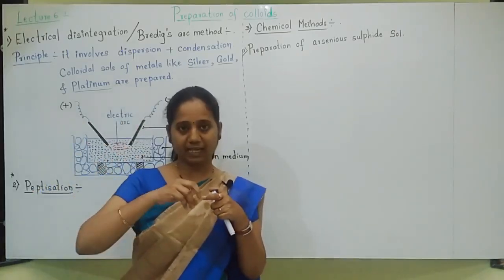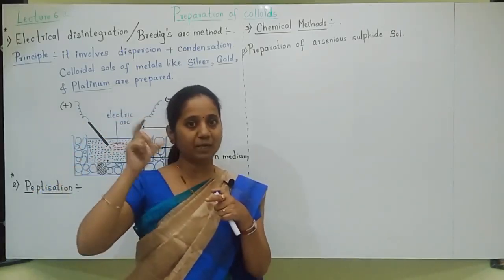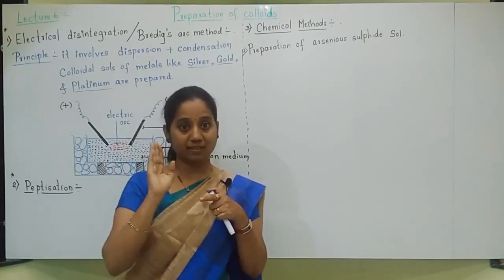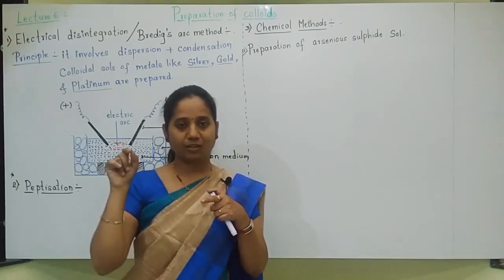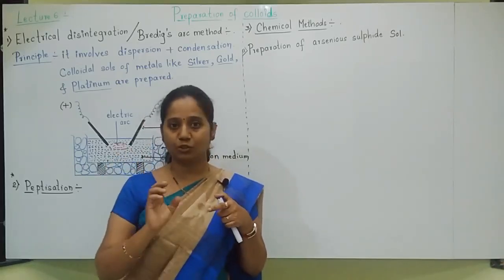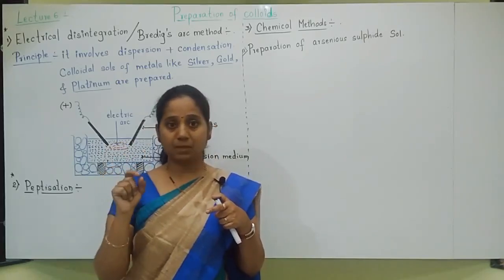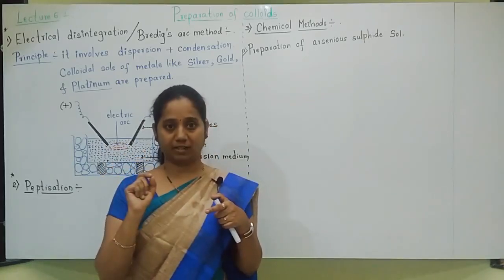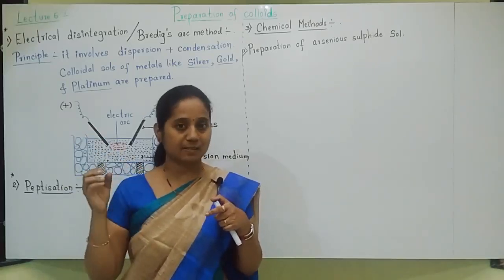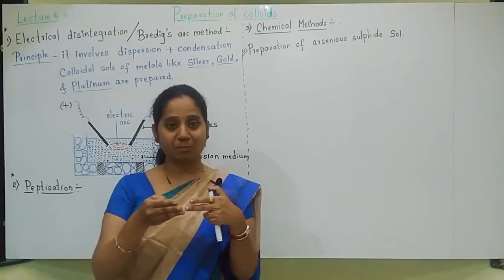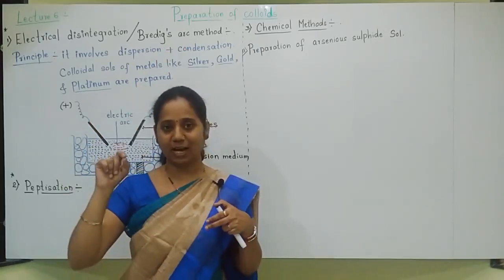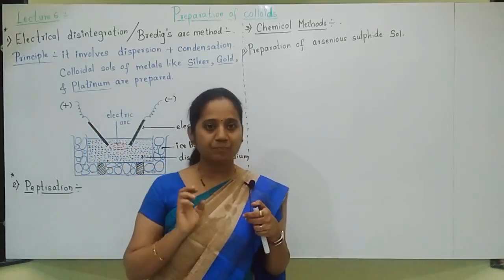The colloidal precipitate gets dispersed everywhere in the dispersion medium. Small amount of electrolyte will stabilize the colloidal solution. A small amount of electrolyte is used for giving stability to the colloidal solution. Electrolyte added must be very less in quantity. If electrolyte added is by mistake more in quantity, excess, then the opposite effect will be there. The colloidal solution will start settling down. Okay, so I am repeating, small amount of electrolyte should be added.